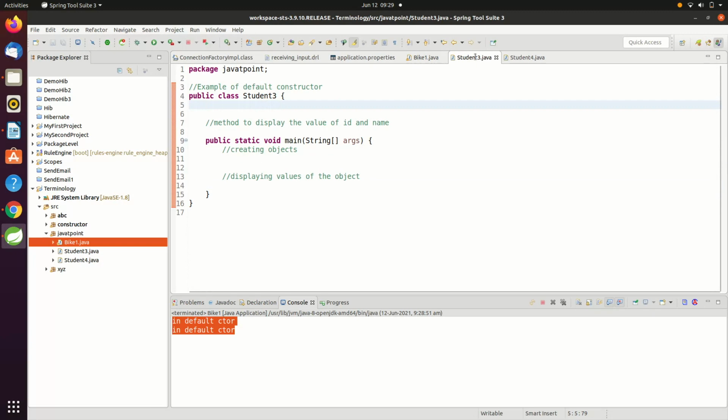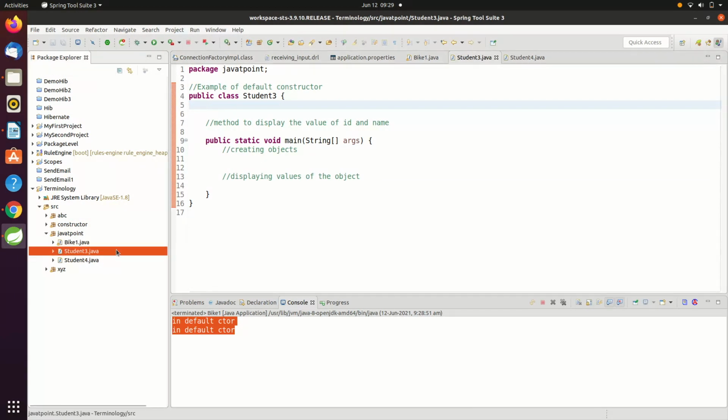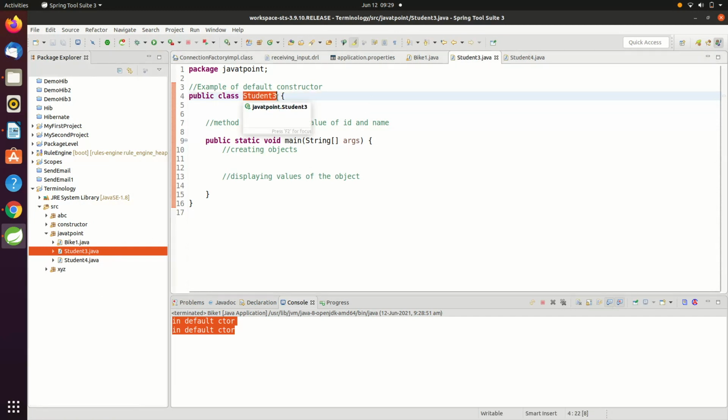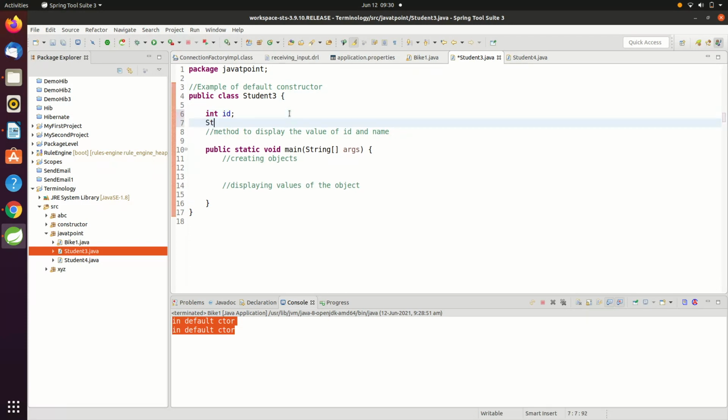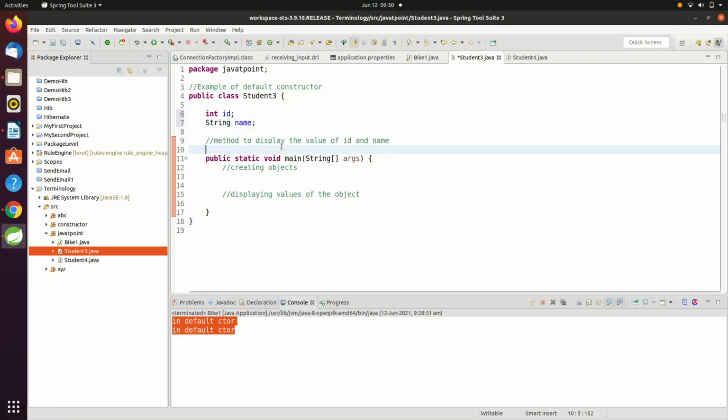I have created a class Student3 under the package javatpoint, and let's see the class. What we will do, we will declare two fields, one of type int id and String name, and we'll create a display method. Here what is written in the comment: method to display the value of id and name.